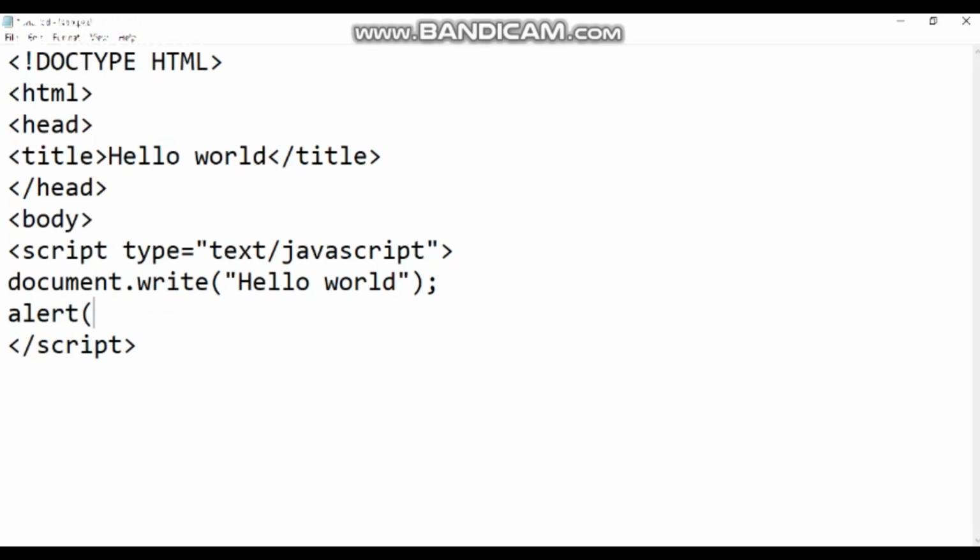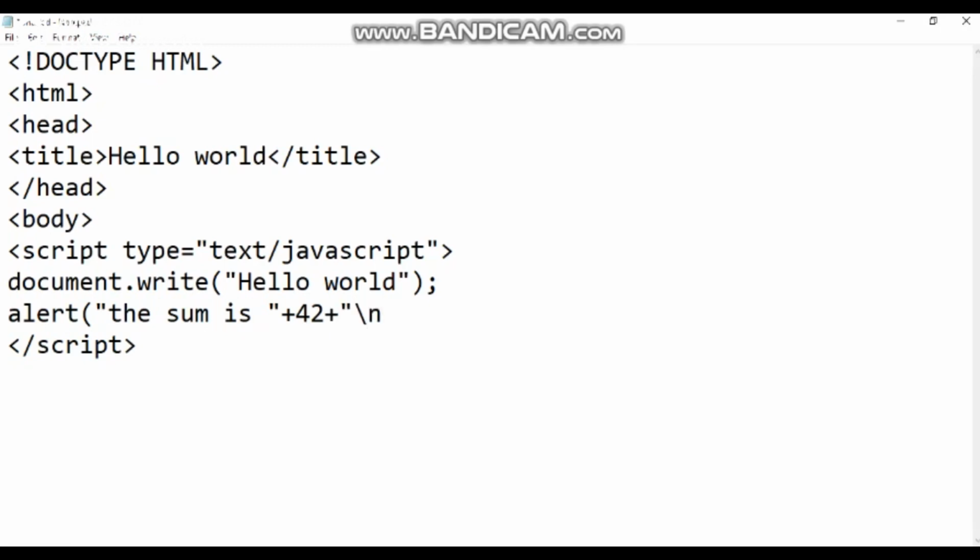I can have alert, the sum is, so this statement will be printed, along with, say, I concatenate it using plus now, and I'll give the sum to be, let's say, 42. I'll associate the value, and I can also have a new line.